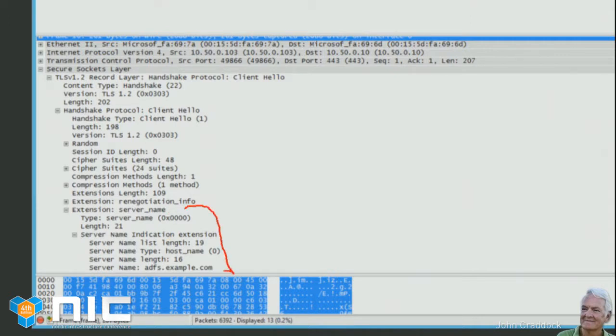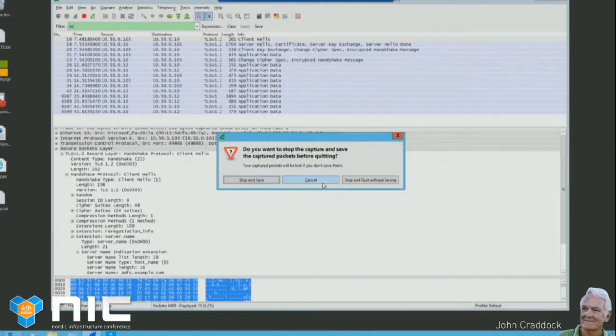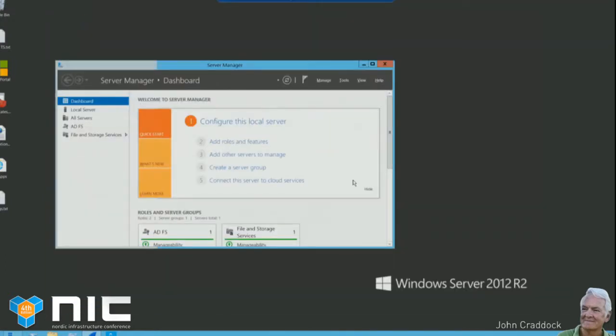Okay, if it became absolutely essential to support a non-SNI client, what you have to do is change the way the certificate is bound. Recommendation is, wherever possible, enable the SNI client capability. But if you absolutely needed to do it, what we can do is go and, first of all,